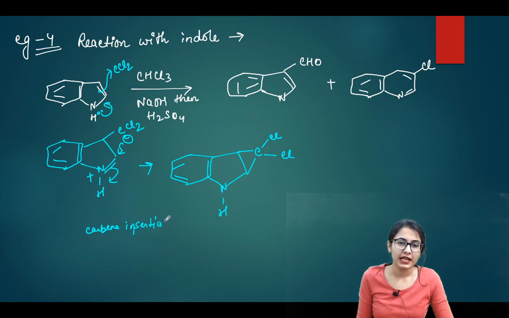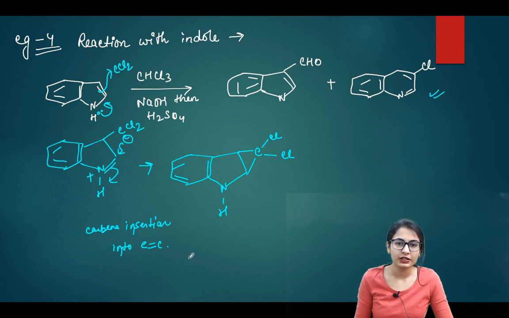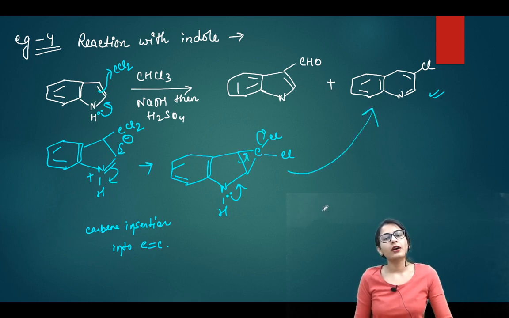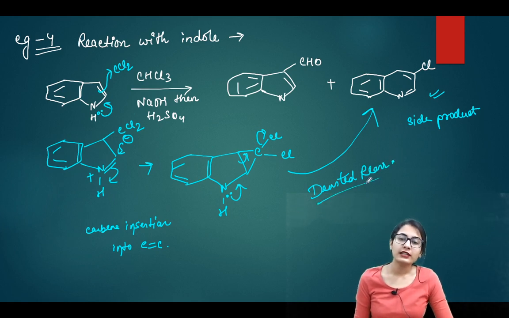This is a different reaction, carbene insertion into a carbon-carbon double bond. This is what I'm trying to write so that we get to the byproduct, which is right over here. What just happens now is you see the bonds being pushed away in this manner, and that gives you the final molecule, which is the side product. And this is also another name reaction which we usually call the Ciamician-Dennstedt rearrangement.